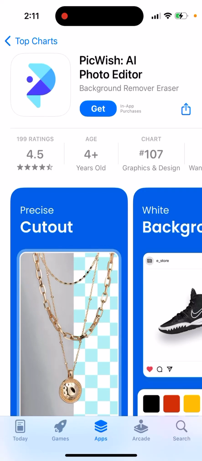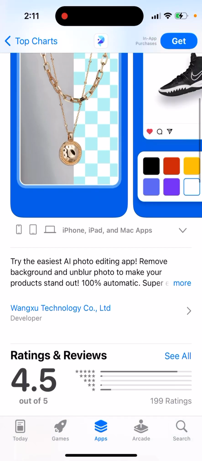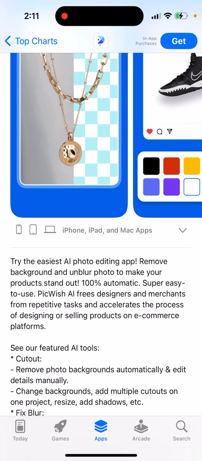Here's the app called PicWish AI Photo Editor. So yeah, it's one of the easiest AI photo editing software apps. Remove background and blur photo to make your product stand out. 100% automatic, super easy to use. PicWish AI frees designers and merchants from repetitive tasks and accelerates the process of designing or selling products on e-commerce